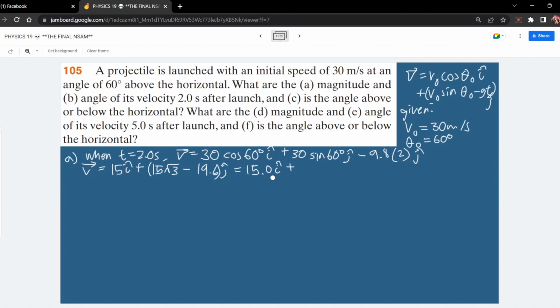And then 30 sine 60 minus 9.8 times 2, that's going to be 6.38. Okay, so we have the vector. Yung units,